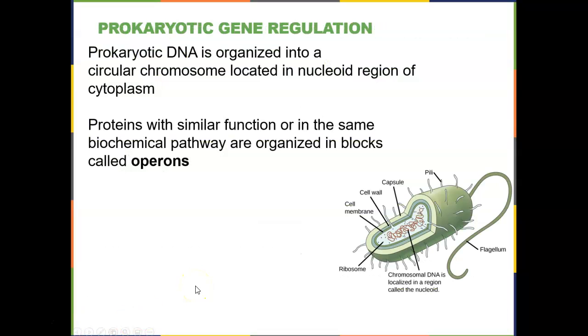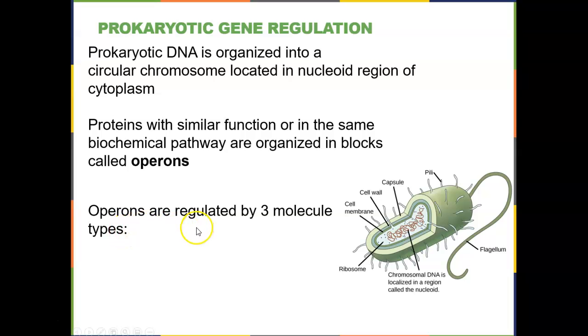So let's go back to our prokaryotes and take a look at how they regulate their genes, keeping in mind that this is only going to happen at the transcriptional level, at the level of making the messenger RNA. So remember, the DNA is located in a region called the nucleoid region, but not in a nucleus. And therefore, it has access to a class of proteins which can affect the reading of the DNA and the production of messenger RNA. And this group of proteins are called operons.